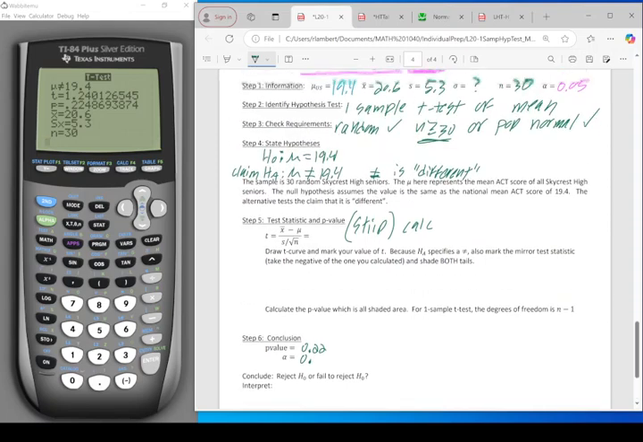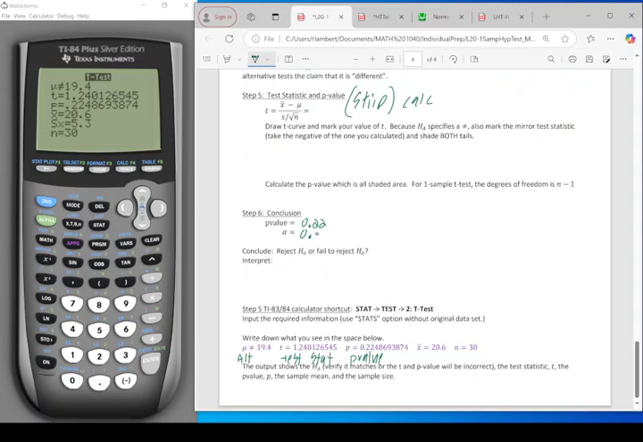Was this at a 5%? Yes. Which one of these numbers is smaller? Alpha is smaller. The p-value is bigger than alpha. When the p-value is bigger than alpha, we fail to reject the null hypothesis. So what we're left with is,